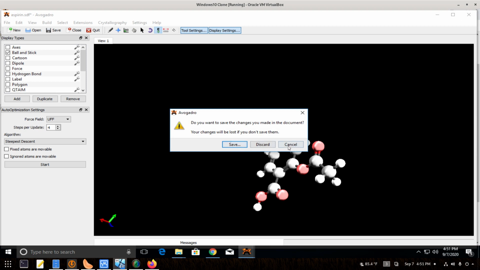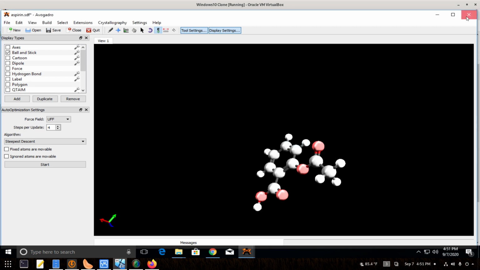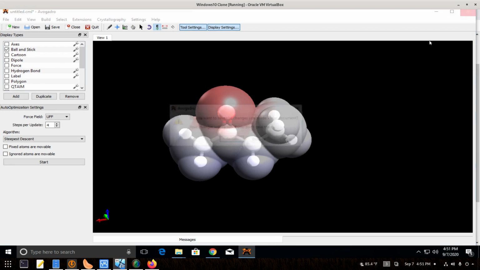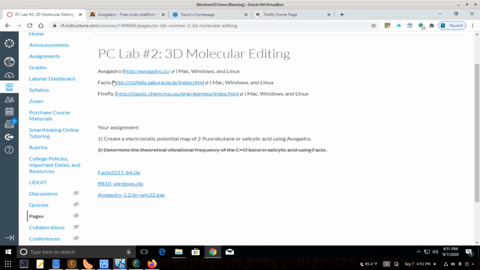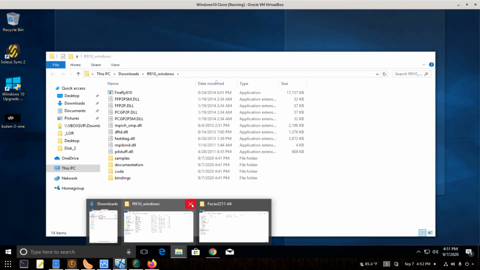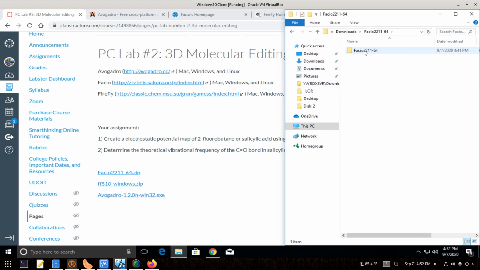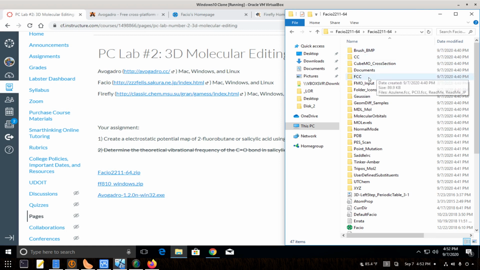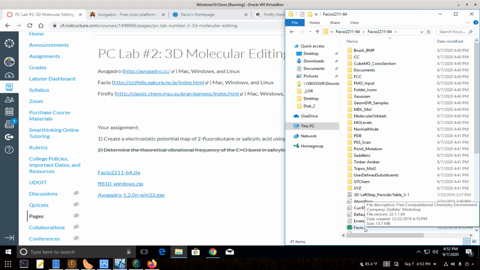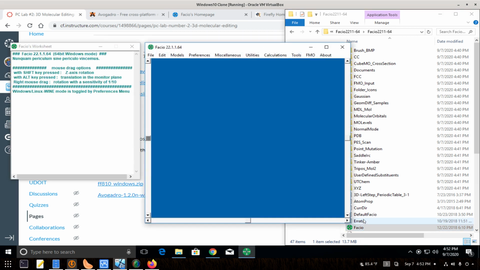So I'm just going to close this stuff, discard, and discard. I downloaded and extracted Falcio and Firefly, and they were in this downloads folder. All right, so to open Falcio, I keep pronouncing it wrong, we just go into the Falcio directory and then run that program. Now, the very first thing we're going to need to do is go here to